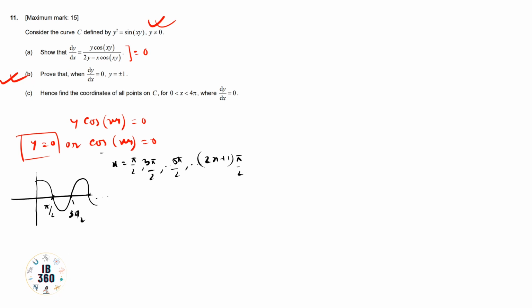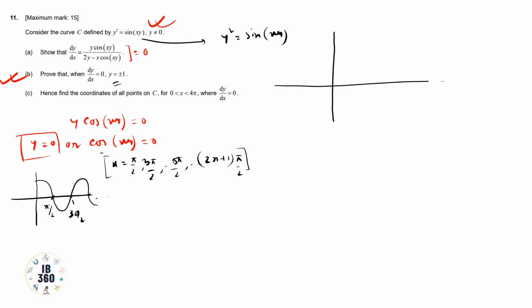For all these values the derivative is becoming 0. Now we are trying to find the value of y from the normal equation, that is y squared equals sine of xy. Now we will draw a graph of sine just to see the exact y values for this equation. These types of questions are basically graphical analysis, and that's why we are doing all these problems in this way. So this is the graph of sine. Obviously I am drawing freehand, so some error will be there. Just ignore these errors.